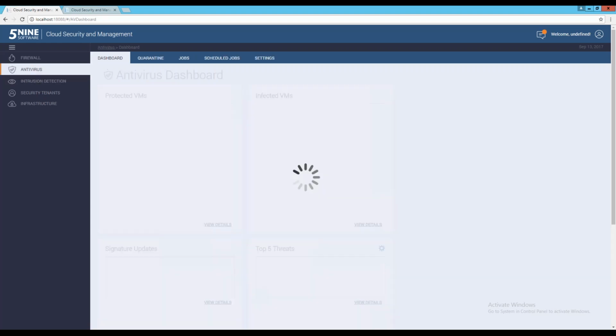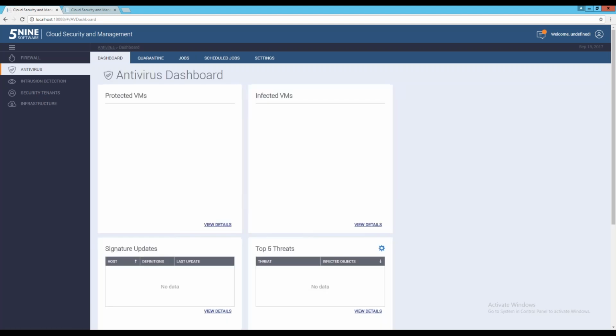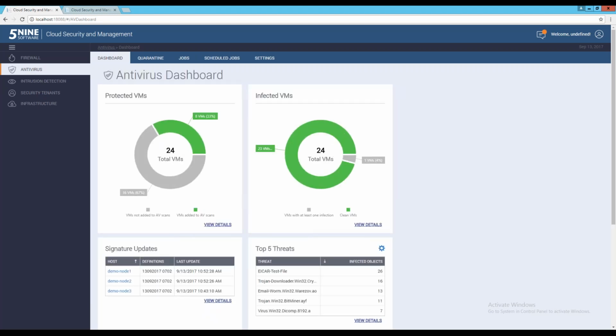So for antivirus protection, it's pretty much the same dashboard. You need to be able to see how many virtual machines are being protected, what virtual machines are added to the scans, what virtual machines are not, what virtual machines have virus infections, which ones don't. Signature updates, top 5 threats, in one single dashboard, literally 2 seconds for you to understand your current